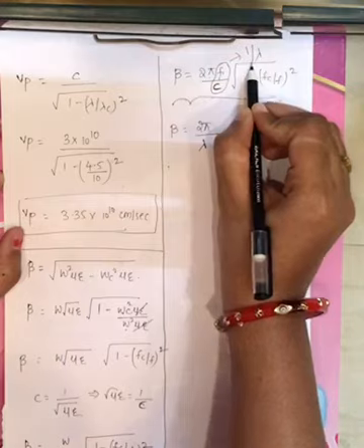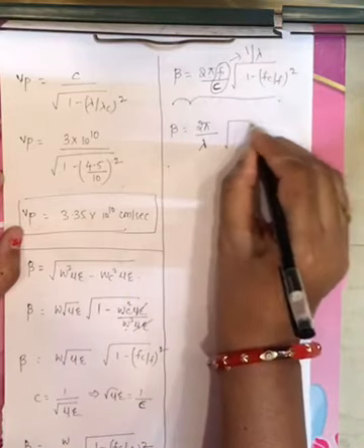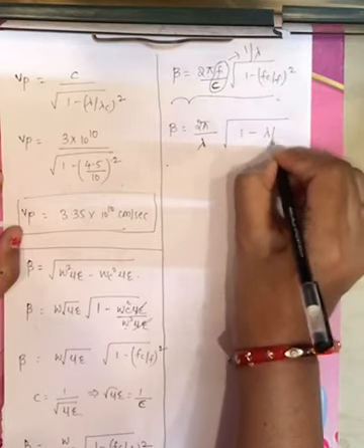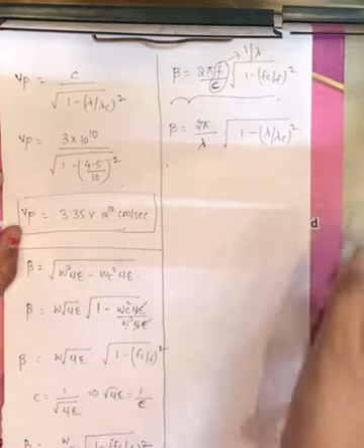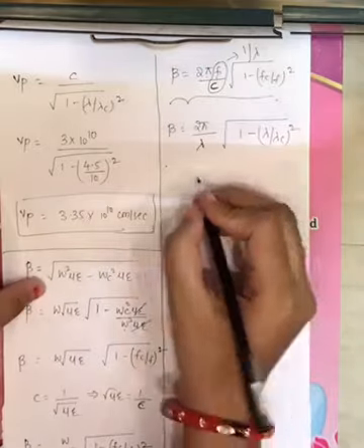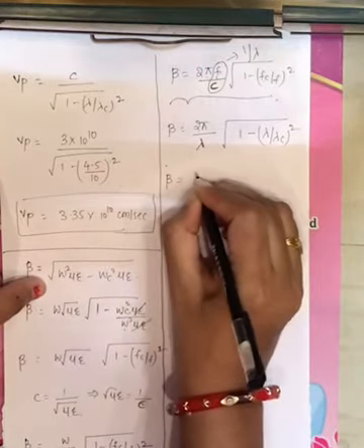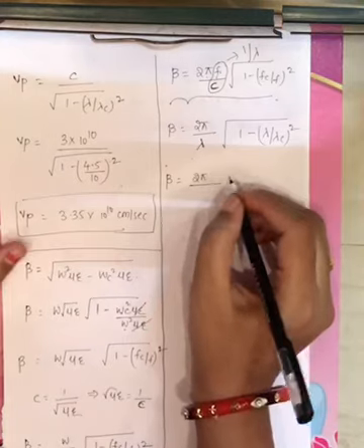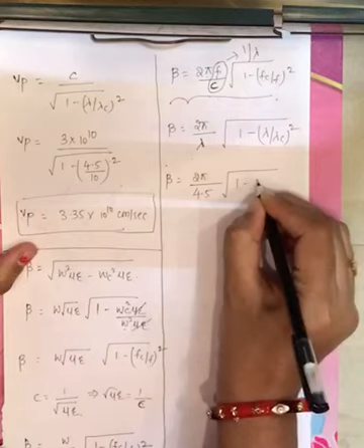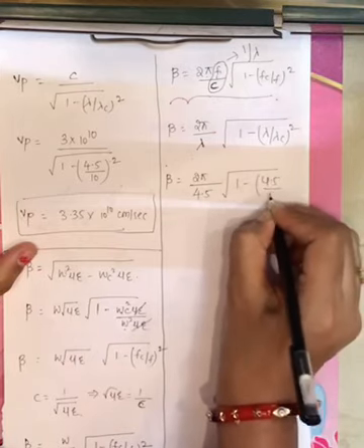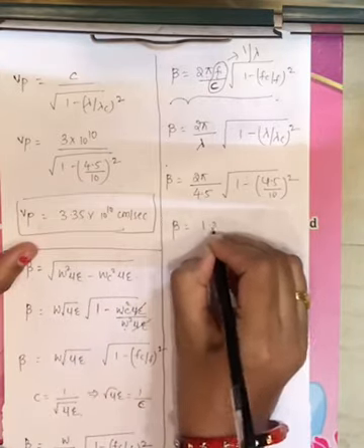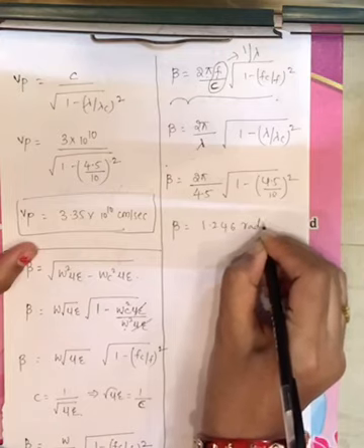That's why you will get 1 by lambda, that is 2 pi by lambda. Now under root of 1 minus, this fc by f in terms of wavelength is nothing but lambda naught by lambda c whole square, right? Now this is the expression for beta in terms of cutoff wavelength. Now substitute values. Beta equals 2 pi by lambda naught, or lambda, both are the same, as mentioned in the problem, that is 4.5 centimeters, into under root of 1 minus (4.5 divided by 10) whole square. Now if you solve this, you will get it as 1.246 radians, right?